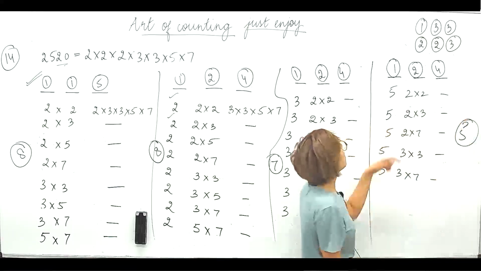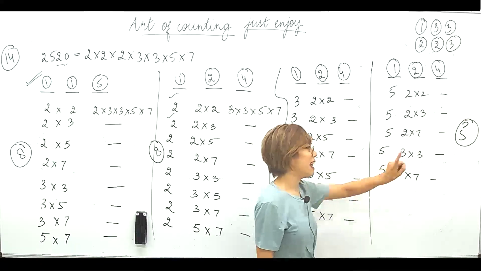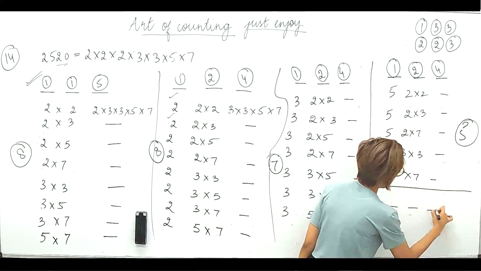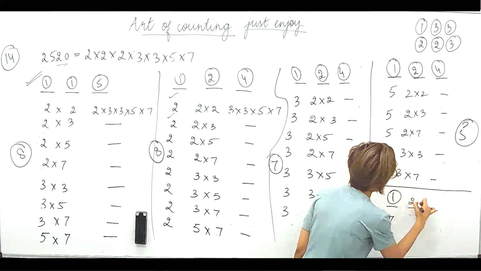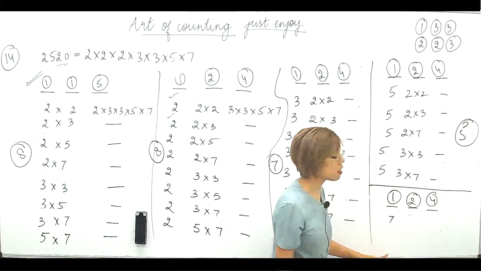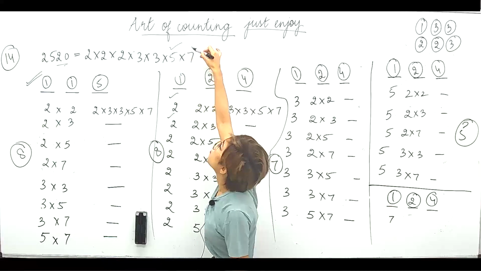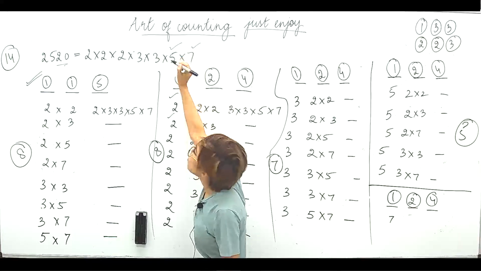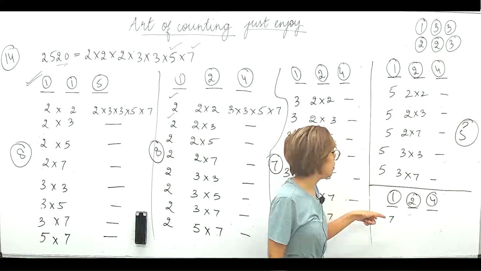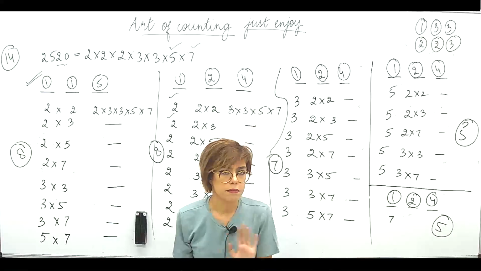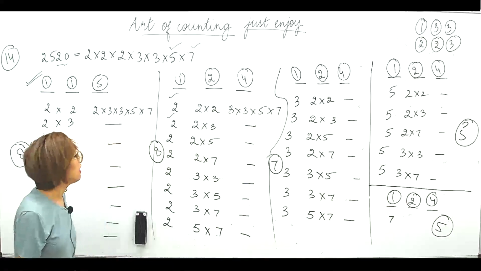So if I take 5 in the secluded one, I'll get 5 in number. Now can you guess what will happen if I take 7 in the secluded form? 7 वाले cases count करो. Obviously whatever will happen for 5 will happen for 7 as well, right? So if I'm getting 5 cases from here, for 7 also I'll get 5 cases. You can see that, or you can use common sense, right?